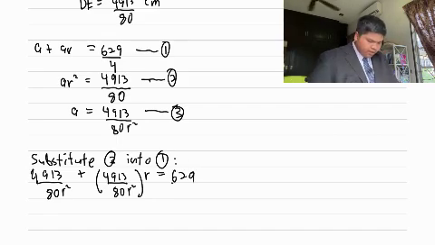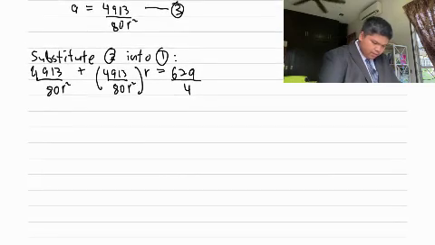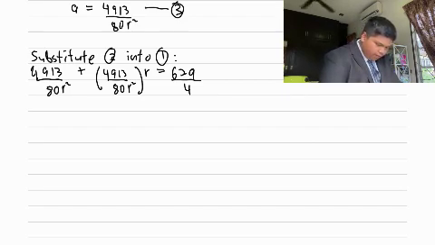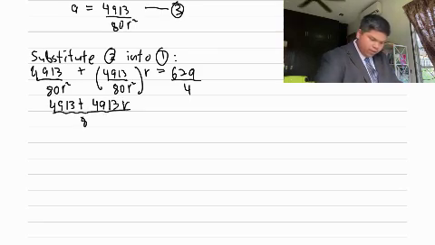So you could potong terus, this becomes 4,913 over 80r. However, I find it much easier to leave it as is and just make the bottom the same, which is 80r squared. So 4,913 plus 4,913r over 80r squared